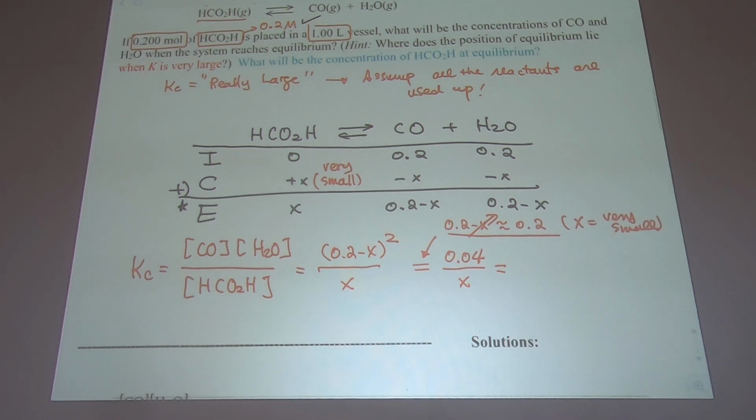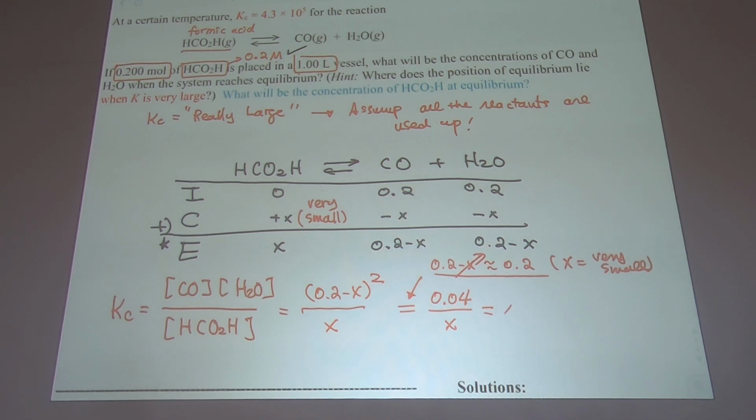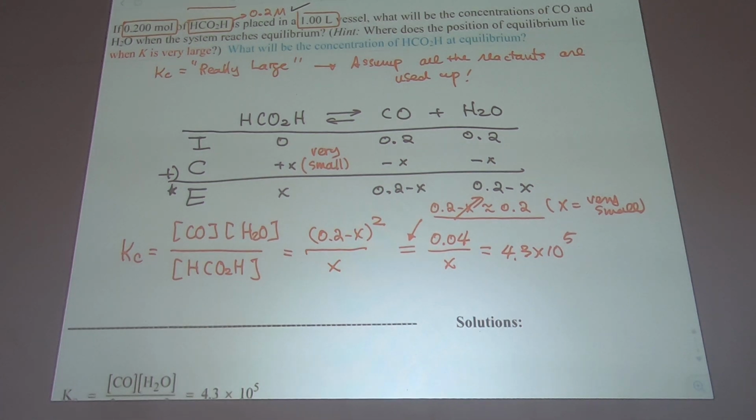Can you solve this? Very easy, right? By having this approximation, knowing that x is very small compared to what you have been given, this is a simple number, and it will be just a simple linear, first-order equation. And then x is